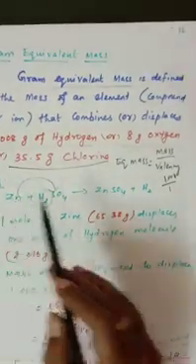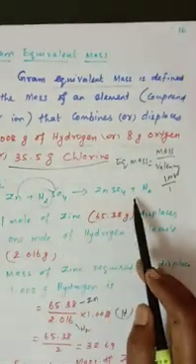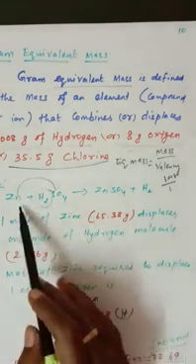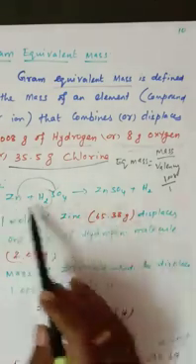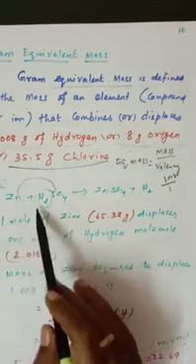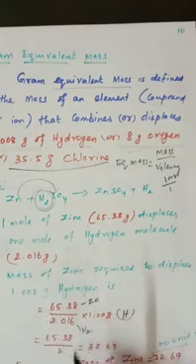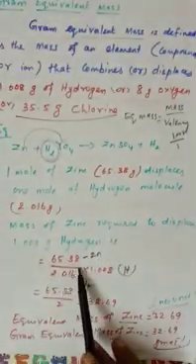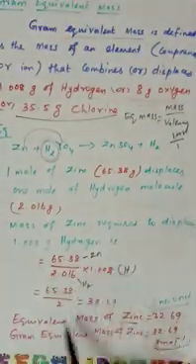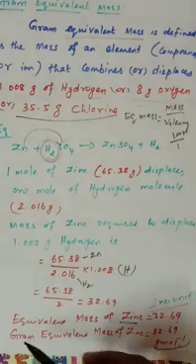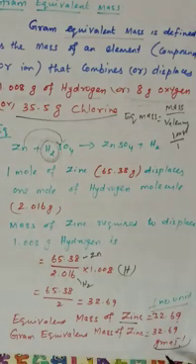So zinc plus H2SO4 gives zinc sulfate plus H2. Zinc requires 65.38 grams per mole and displaces 1 mole of hydrogen. 1 mole of hydrogen is how much? 2.016. So if you take the formula 65.38 divided by 2.016 into 1.008, we get the answer 32.69. It is the equivalent mass. If writing gram equivalent mass, it is 32.69 gram per mole. Thank you students. We will see you next class.